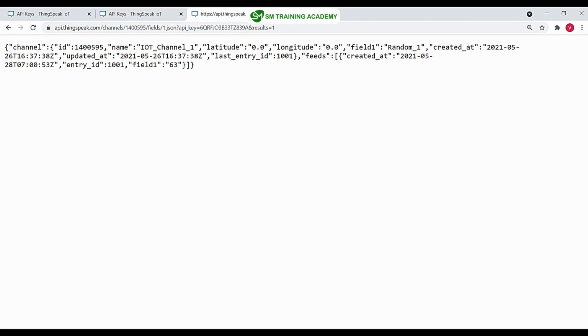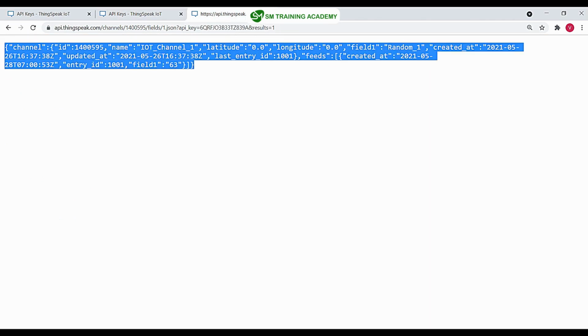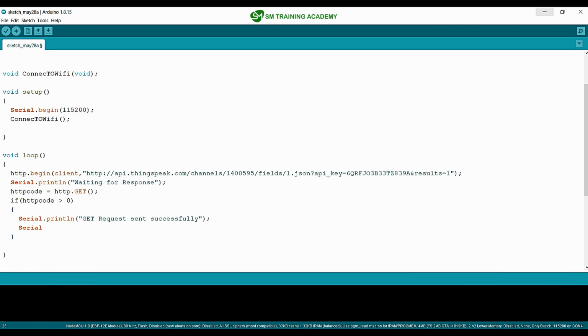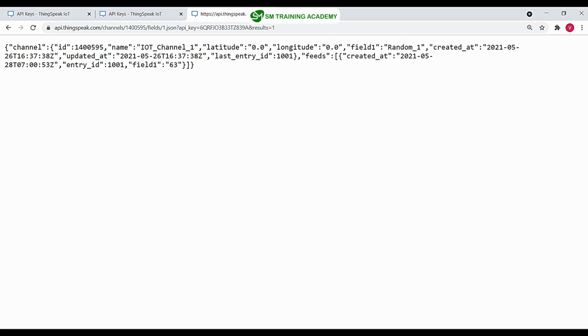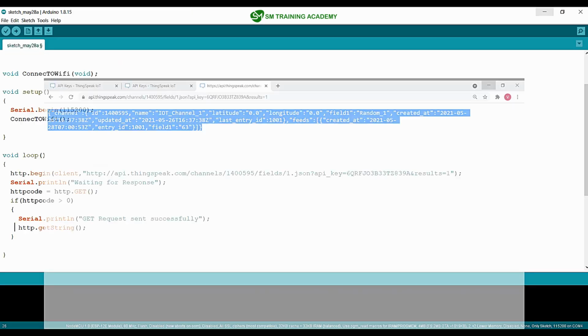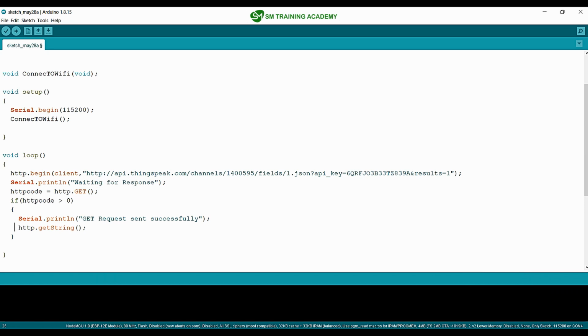And then if it is successful, we just want to print the response that we got right over here. So for getting this response in our NodeMCU, we are just going to use a method called HTTP get string. So this is a method which is useful for getting the response from the web server. So I am just going to store this response onto a string variable.